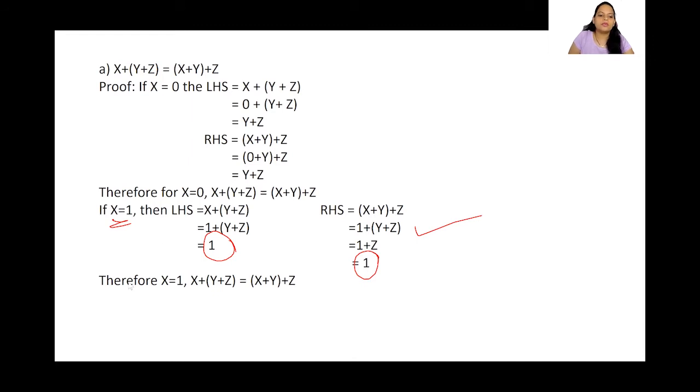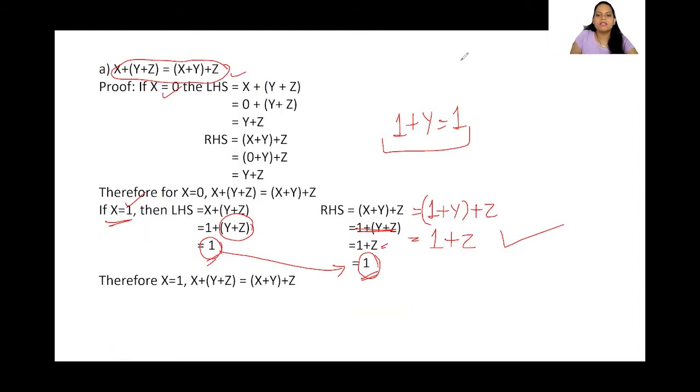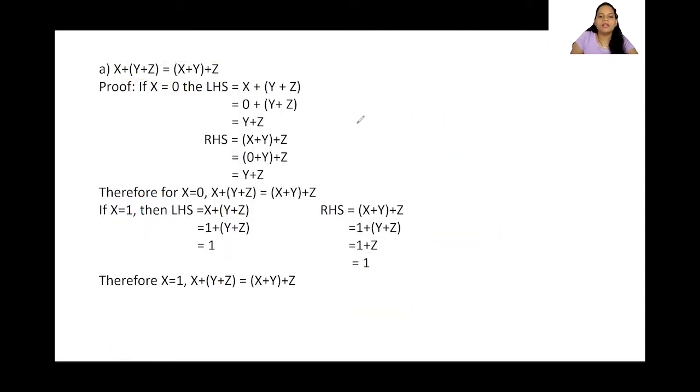Let's go ahead and prove it for AND operation. So what happens to the AND operation then? Now what does the AND law say? AND says x, y, z is equal to x, y, z. Now we are not going to prove this because this is the dual of the OR law. Now what is the meaning of dual? We have learned this in the two sessions before. Dual is nothing but, whenever there is an expression, suppose I'm taking this expression, x plus y plus z is equal to x plus y plus z.